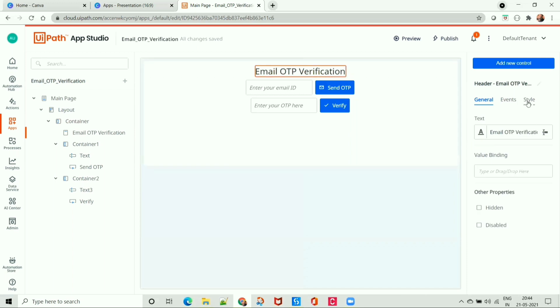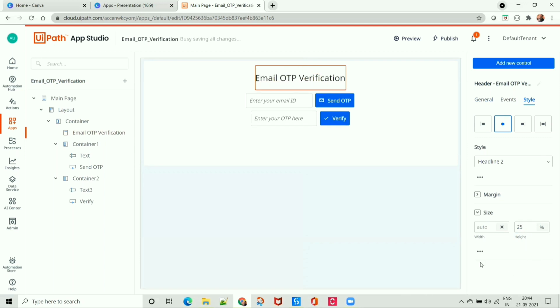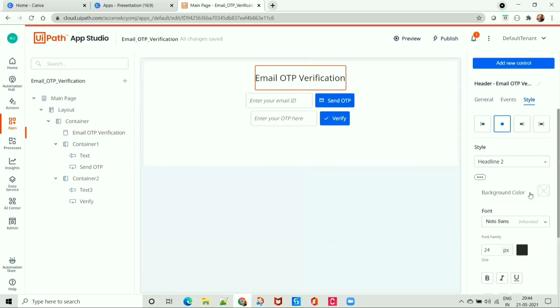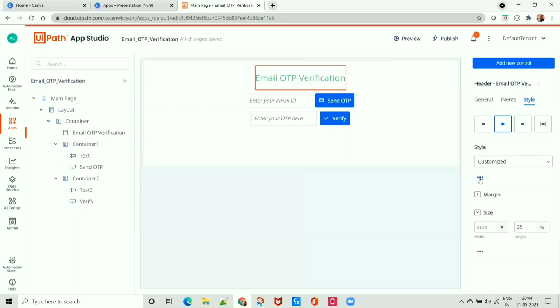And let's increase the size, or the height maybe. Select the percentage. The height is very small. Let's select 25. Yeah, which looks good. We can also select the color as well. Let's select this one. Also, we can make it bold.